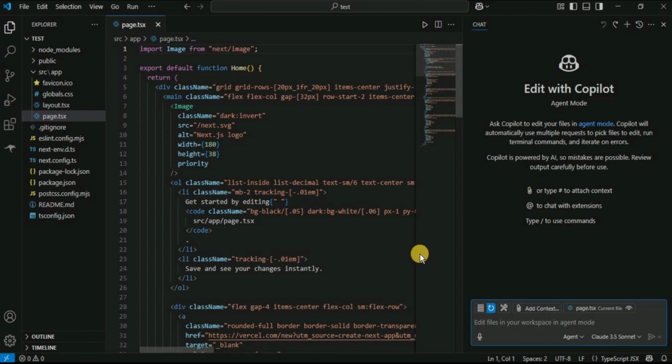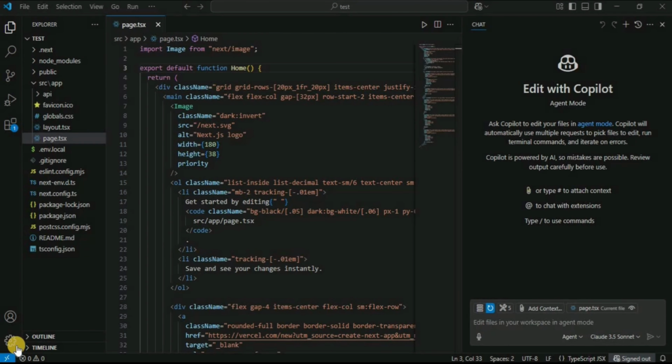So this was a basic difference between the edit mode and the agent mode inside VS Code. Agent mode is the newly released feature of VS Code that acts as if an actual developer is working with you side by side. So instead of simply editing the files, it is actually running all the different terminal commands in order to complete the project as well as its execution.